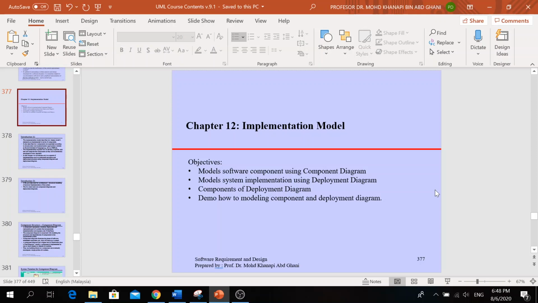Today we continue our lecture to chapter 12, implementation model, and this is the last chapter of the software analysis and design. And the time now when I am recording this video is 6:44 p.m. Okay, what is the chapter 12 covered? Actually, chapter 12 is an implementation model